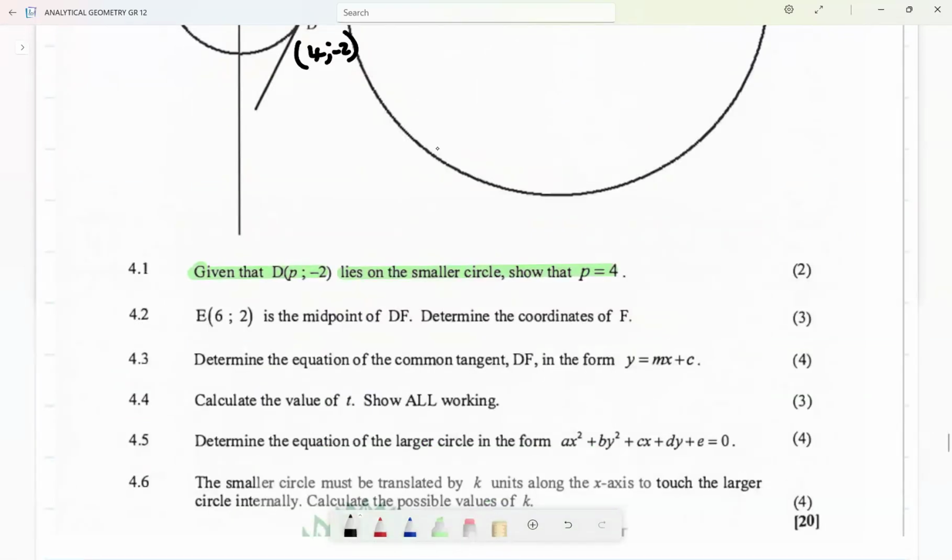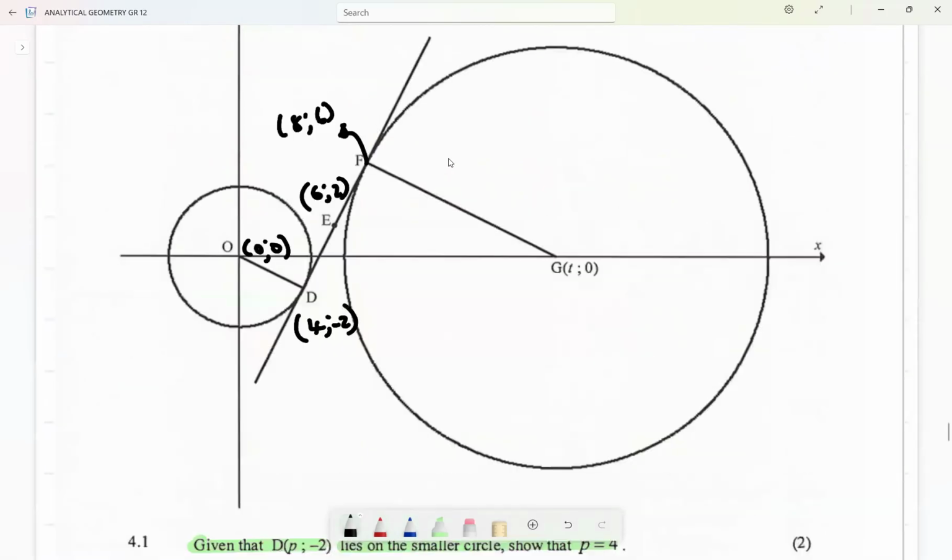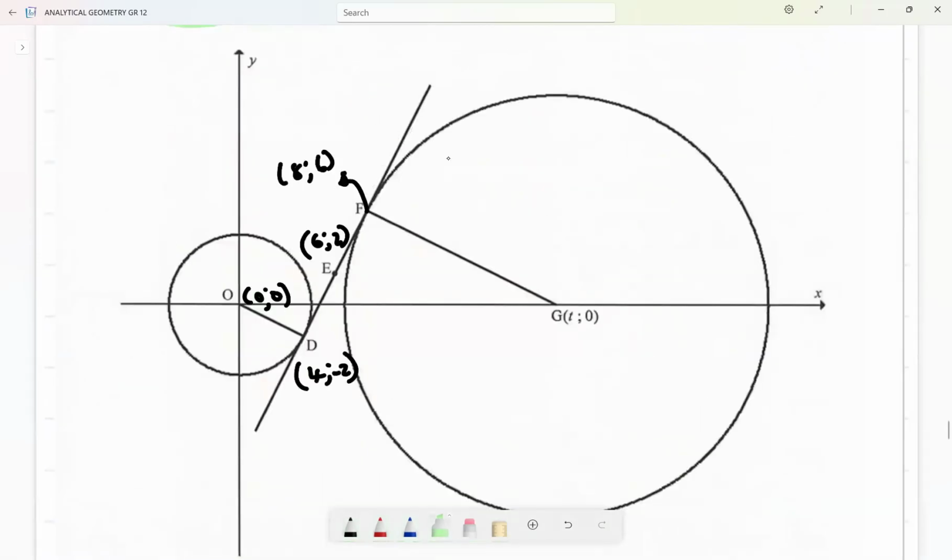Calculate the value of T. You were here. Determine the equation of the common tangent DF in the form y = mx + c. Okay, it's easy, guys. I can find the gradient of DF, and then after finding the gradient of DF,